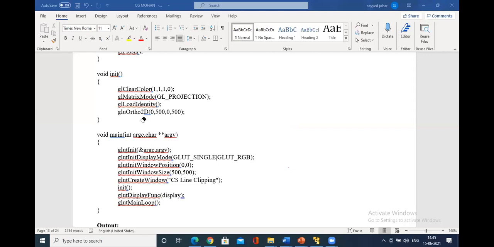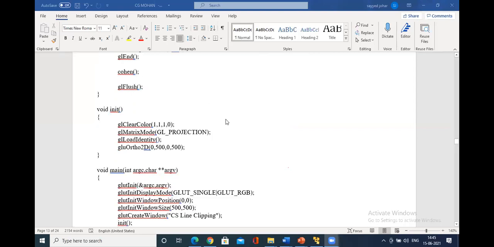Map the orthogonal projection to x min, x max, y min, y max. It is the same as the window size we have mapped, the orthogonal projection. Then calling the display function.